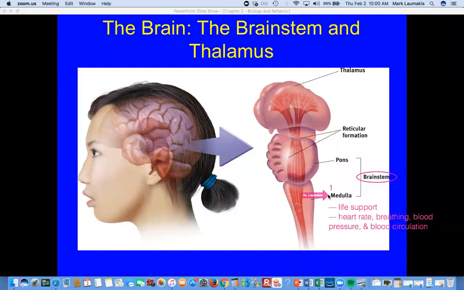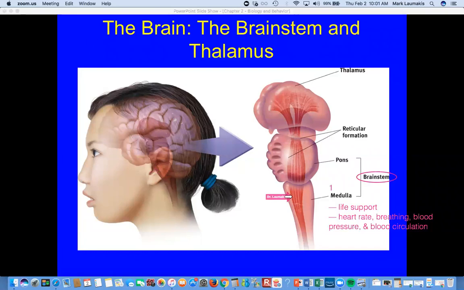The good news is you've got this located in a place where you're not going to trip on a crack in the pavement, fall, bang the front of your head and end up dead because you damaged the medulla, right? It's buried in here. If you wanted to point to where it is for yourself, it's in and up through the back of the roof of your mouth and then in and up from the base of your skull.